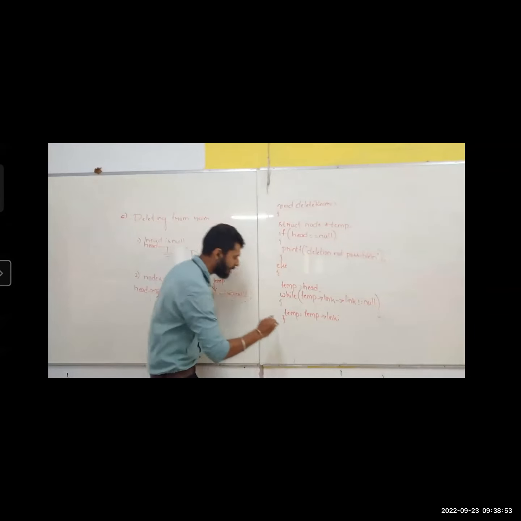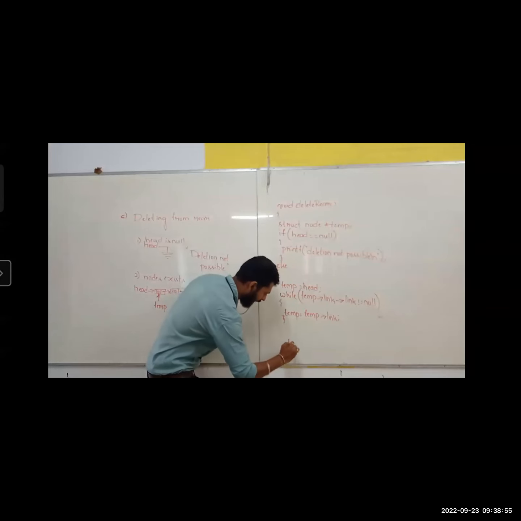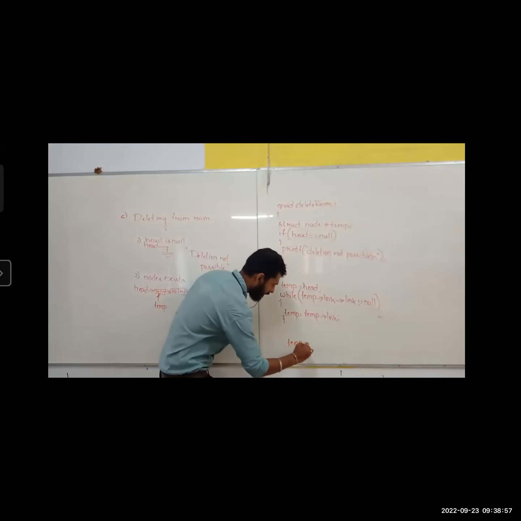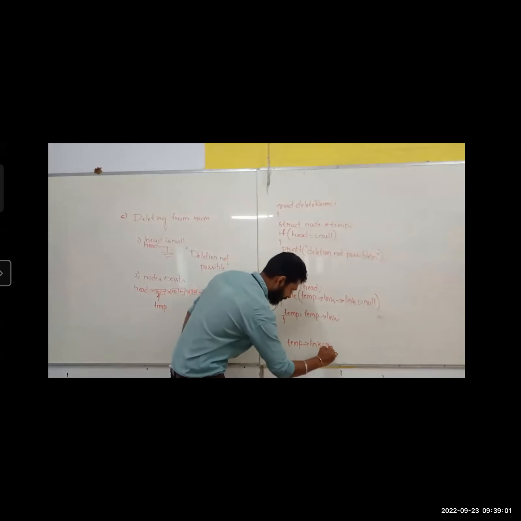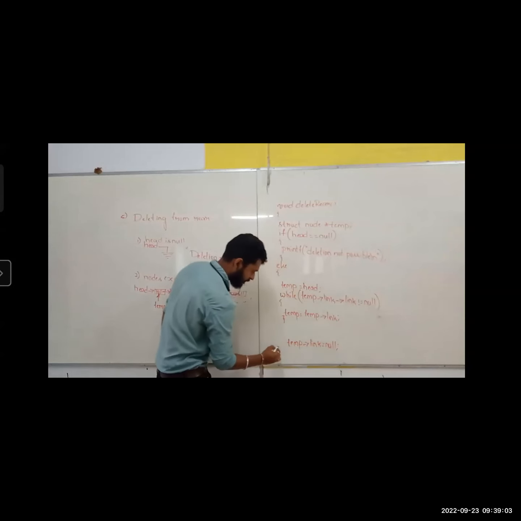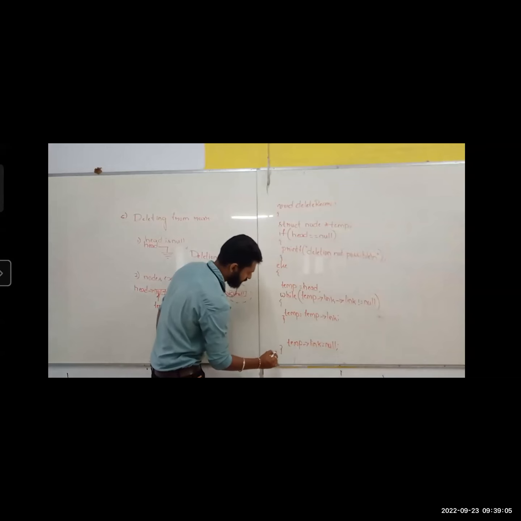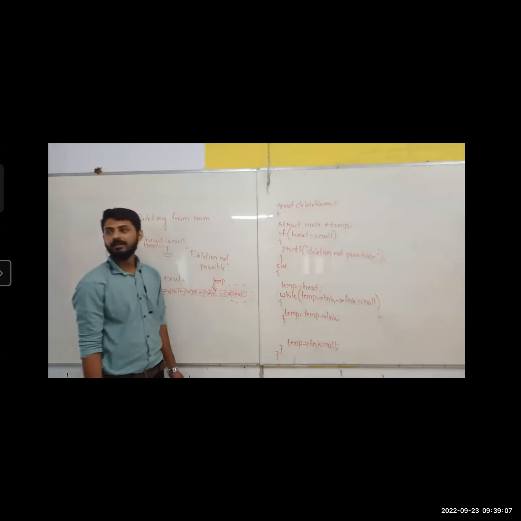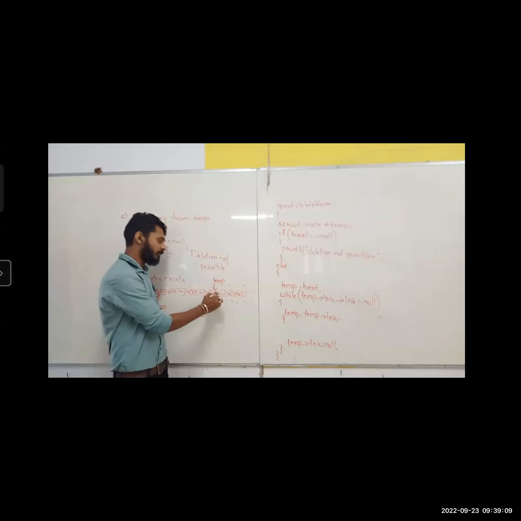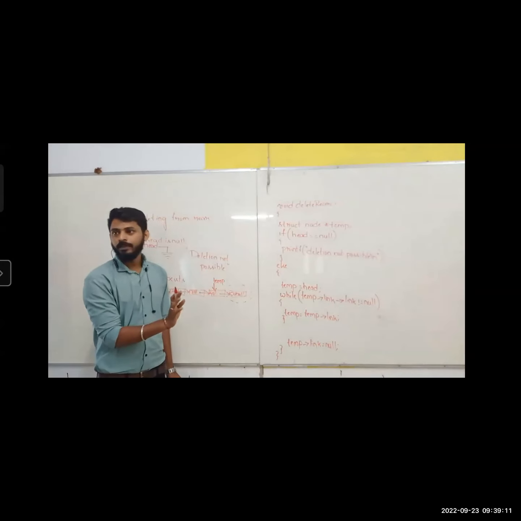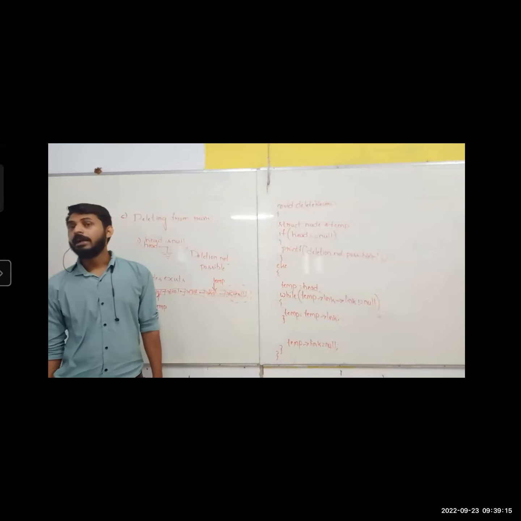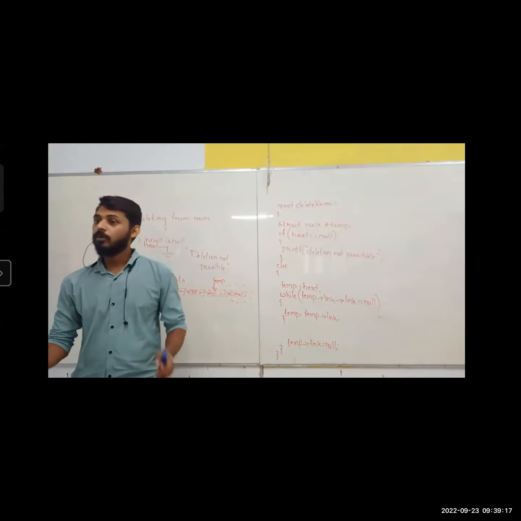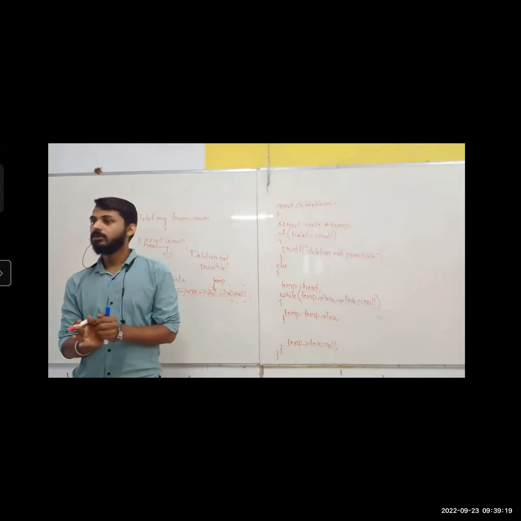How to write it? Temp link equals to null. This will be your else. This will be your method. Done. So now this became equal to null. But my question again, does it mean that you have deleted that? No. But at any point of time, if you feel that I want to delete one node, how to delete it, sir?